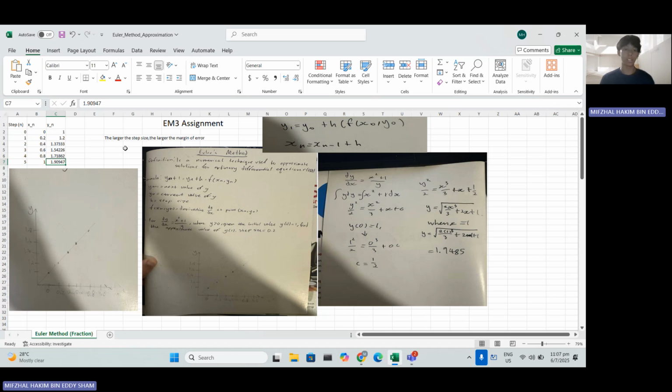And we can conclude in the end that the larger the step size, the larger the margin of error. Like for example here,